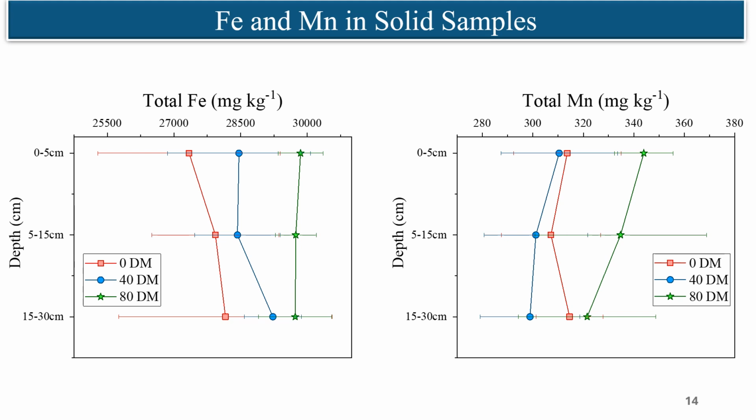This slide shows the amount of iron and manganese in solid soil samples. Iron and manganese are important for this research because the mineral pools we are targeting in the sequential extraction are the mineral pools of iron and manganese oxyhydroxide. So in case of iron, we can see that there is a trend of increasing amount of total iron with the increase in amount of dredged material. But in case of manganese, the control field has a higher amount of manganese compared to the field with 40 tons of dredged material per acre.